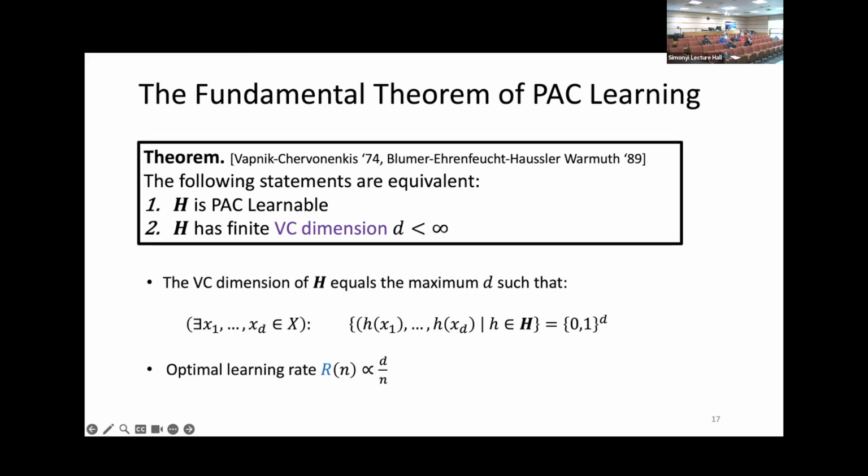They can be anywhere, so that you see, in some order, all the Boolean sequences. This is the projection. If you look just at the submatrix induced on these d columns, x1 up to xd, you see all the 2 to the d combinations. So the largest d is the VC dimension of this matrix, of this hypothesis class.